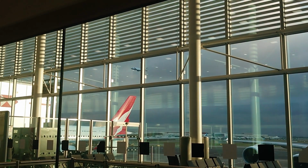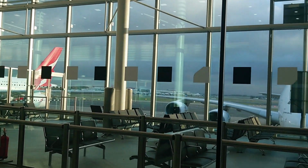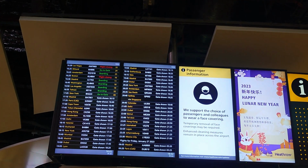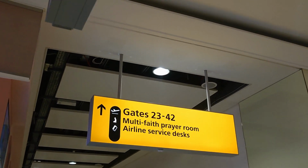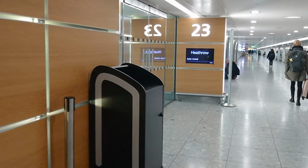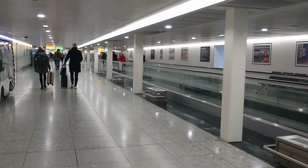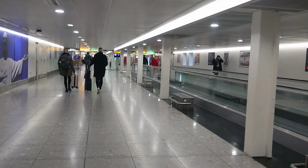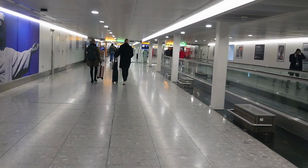distance, and then we will go and hunt down the gate that we're going to be traveling from, and then like I said, we'll get on the plane, have a little bit of on-flight footage, and then we will move on and then land the other side, and then I will eventually catch up with myself, stop the voiceover and start to do a walk and talk, which would have been the 4th video, which again I've kind of had to snip together a little bit,